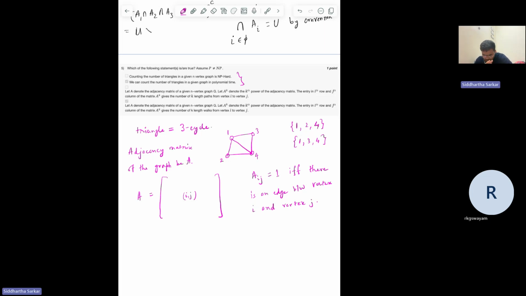So now with some manipulation of the matrix, it turns out that we can count how many triangles or three cycles are there in the graph. If we compute A square, then between any two elements there would be one element. And if I compute A raised to the power 3, then between any two elements there would be two elements. And now, in the A3, if I find that the entry corresponding to 1 and 1